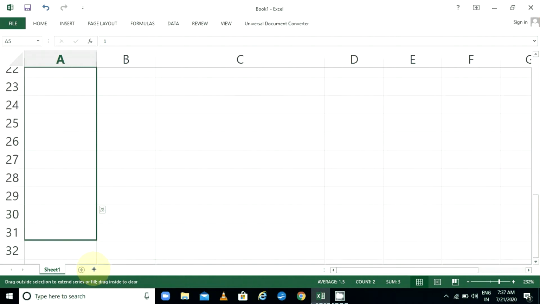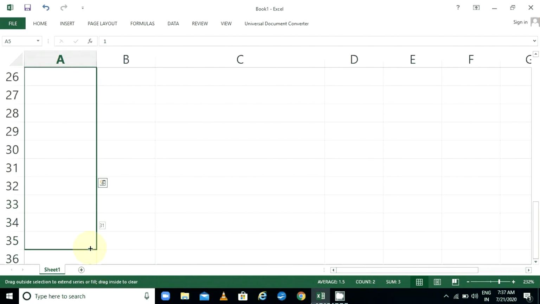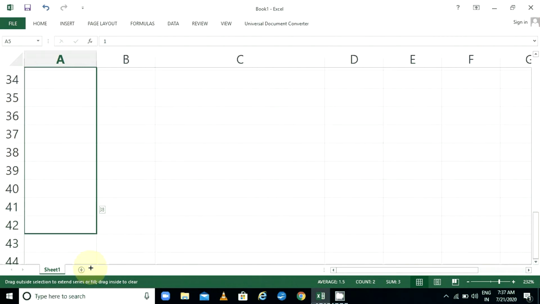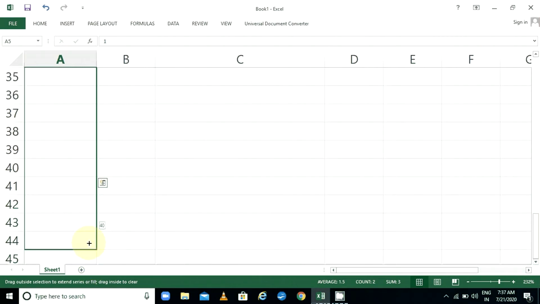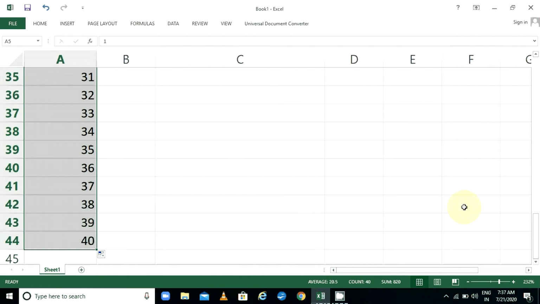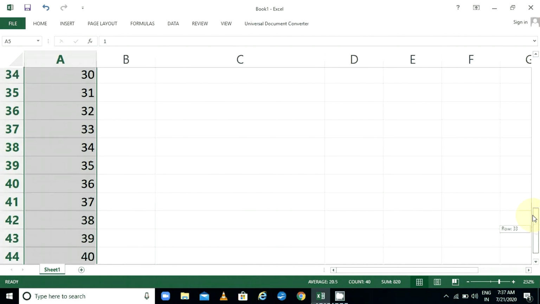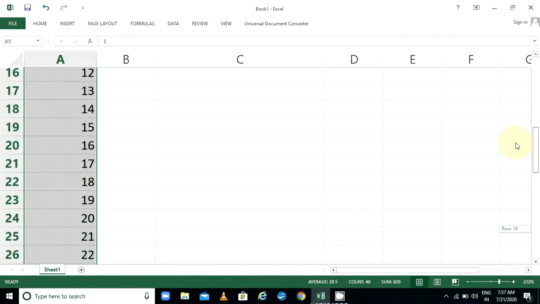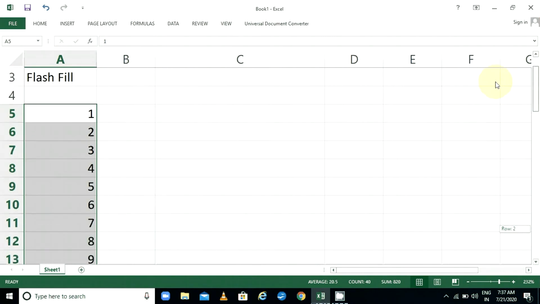Keep your mouse button pressed until you reach your desired last number. Here I want to generate up to 40. See, this is the magic of autofill. So you can fill the numbers using this autofill option. Whenever such serial numbers are required, you can fill them like this.